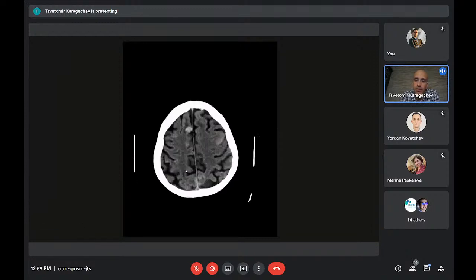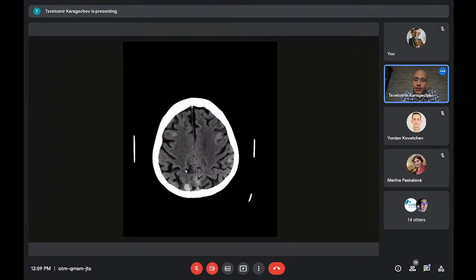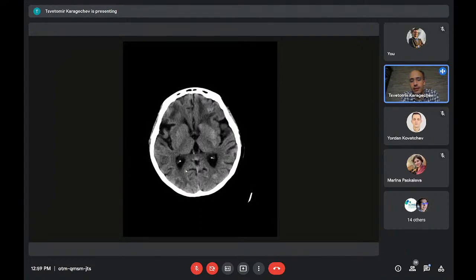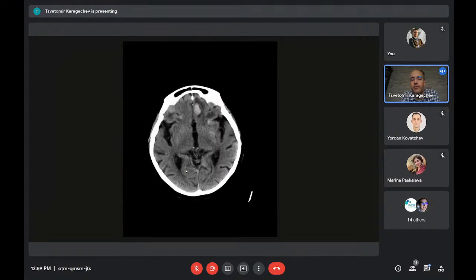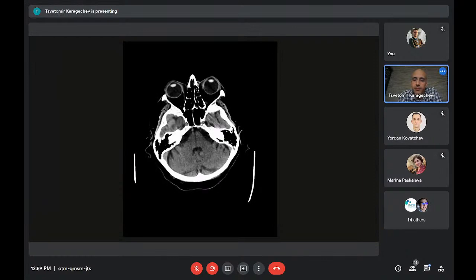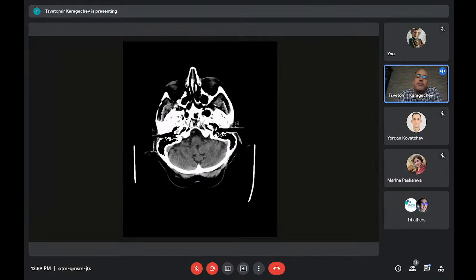And when we go down, on the opposite side there is actually a better example right here in the inferior frontal lobe. When you see these lesions, again there is no loss of gray-white matter differentiation. It actually looks accentuated. This is again vasogenic edema. We go further down, a lot more of these lesions. Of course, in this case, we knew that the patient had a history of malignant melanoma, so we expect this to be metastasis, but this is only the tip of the iceberg that we see.